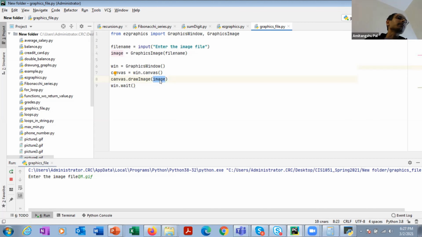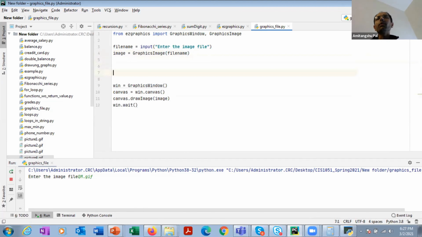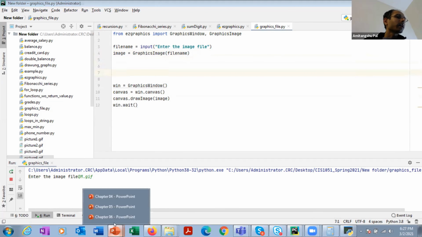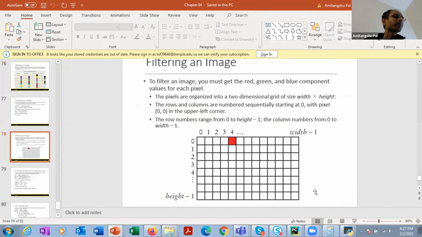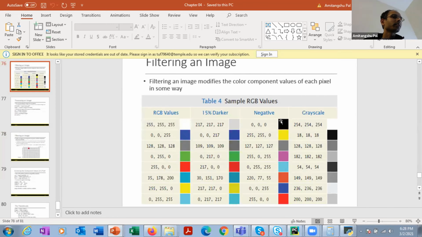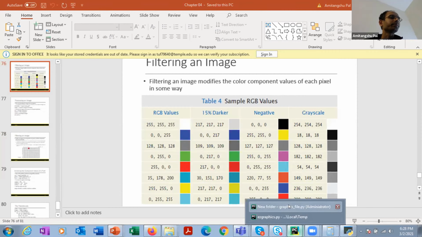Now let's write a program that is going to create the negative of that image. So let's see how I can do so. For creating the negative, what did I say? I need to extract each and every pixel intensity. This image looks like this. So I need to extract each and every pixel intensity, and then I need to deduct the corresponding intensity from 255. Then only am I going to get the negative of that image.